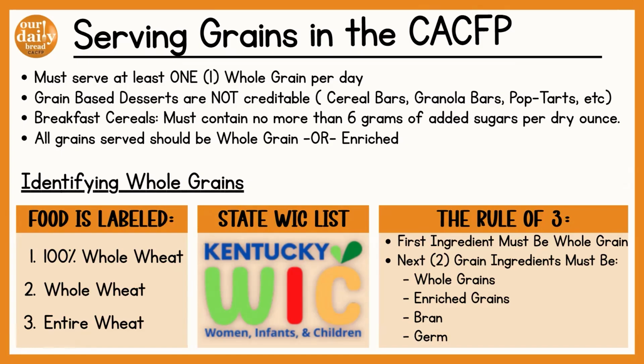Remember that breakfast cereals must contain no more than 6 grams of added sugars per dry ounce, and all grains served should be whole grain or enriched. So, how do you know if something's whole grain? So, we can look at how the food is labeled. We can do 100% whole wheat, or entire wheat. Now, you do want to look out and be mindful with packaging. It can be a little